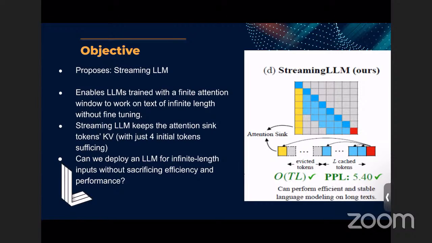For example, if the window of the token is between 6 and 9, even then the first 4 tokens, 0 to 3, will be there, and the next tokens that will be used will be 6 to 9. When the window slides over to the next token, it can be from 7 to 10, but the initial 4 tokens 0 to 3 will always be used